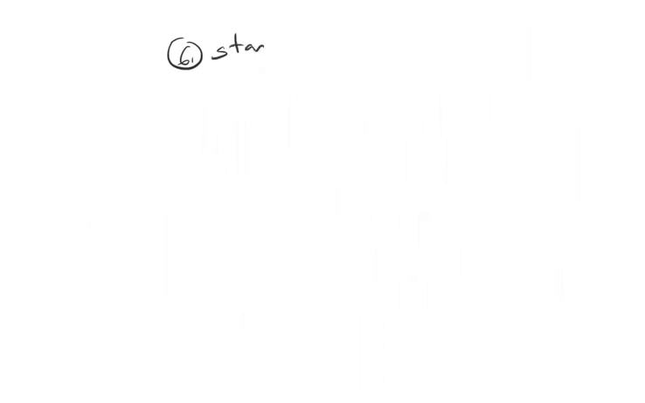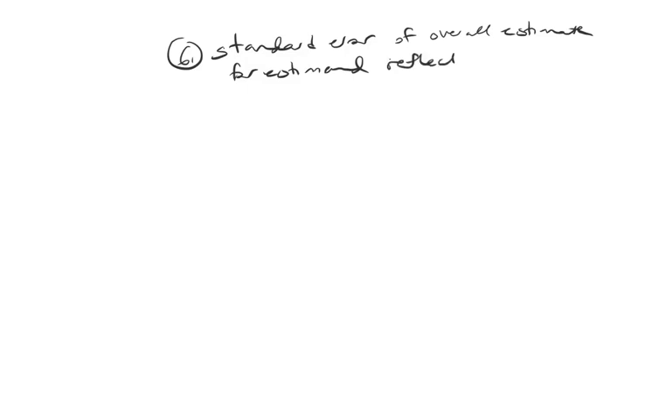But you also need a standard error. In other words, you need to be able to create a confidence interval. You need to measure the variance. So the standard error of your overall estimate for the estimand is based on a formula that I'm not going to put up here. Rather, I'm going to say that the standard error of the overall estimate for the estimand reflects two things. The standard error for each estimate